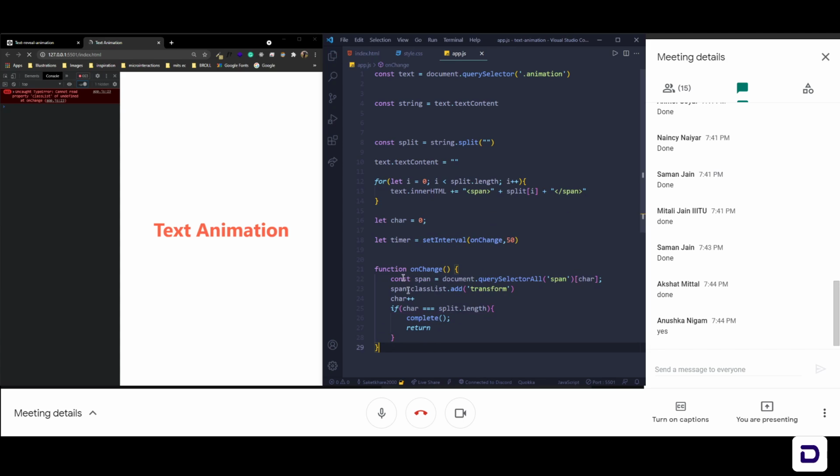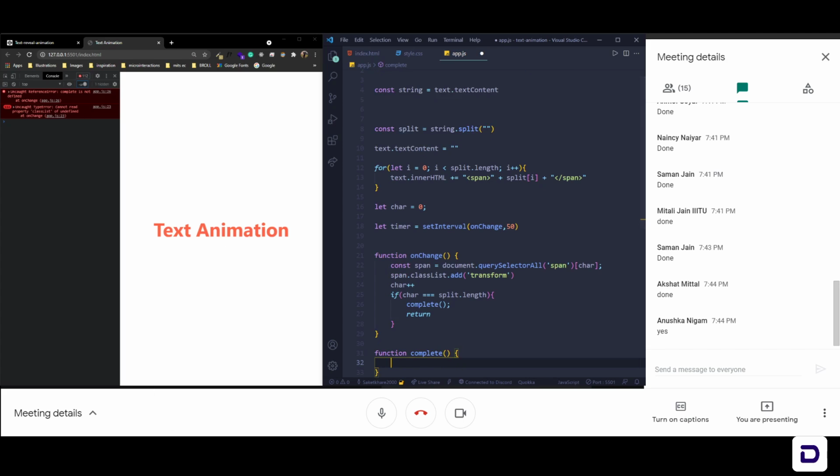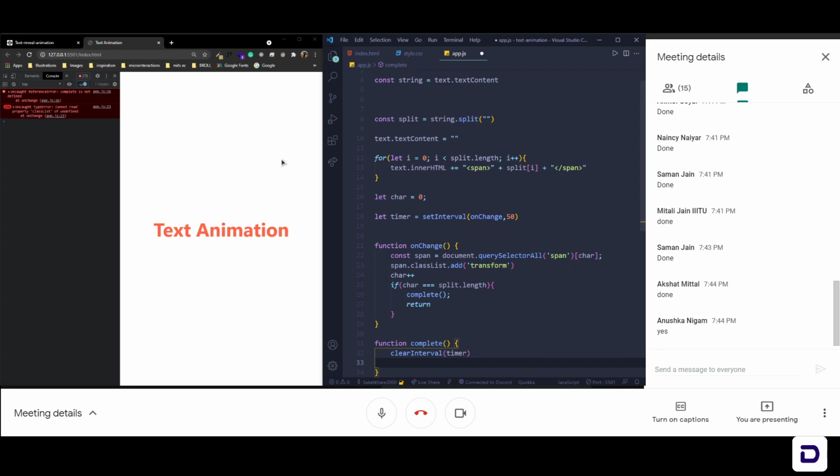So let's make this function complete. Inside the function complete, I'll say clear interval. So I will clear the interval which is timer, and I will set the timer value to null. So this error should be gone now.